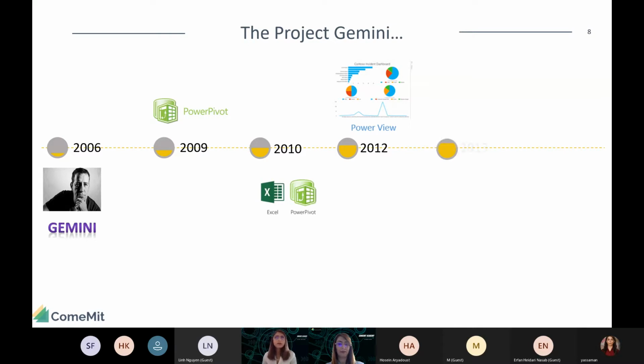Tableau was founded in 2002 or 2003, if I'm not mistaken, and it was founded by people from Pixar Animation company. I'm sure you all know this company.